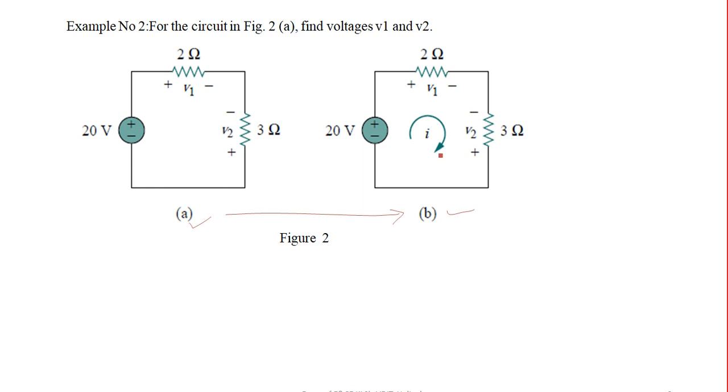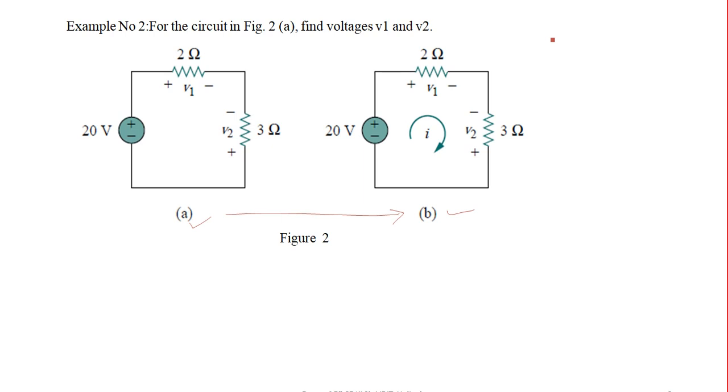So now which law do we need to use? Whether we need to use KVL or KCL? That is the question. As I told, you see that there are no current sources. We have only voltage sources mentioned and voltage drops are mentioned. So if you use KVL, it will be a very easy approach here, and you need to apply Ohm's law as well.